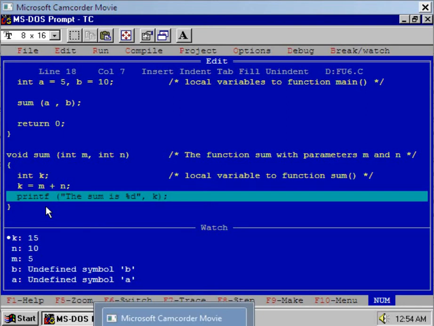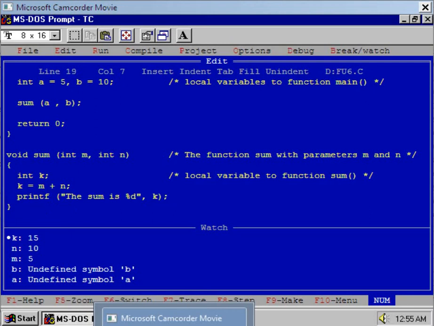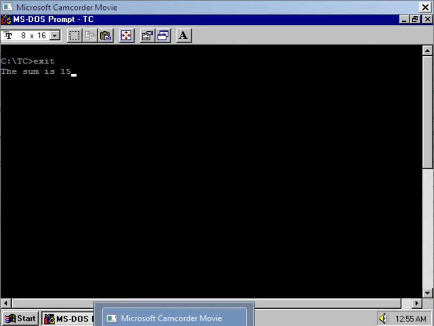Now K contains the result of addition of M and N. Press one more time F7 key to see the result at the DOS prompt. Yes, the sum is 15. It is nothing but addition of the contents of M and N.